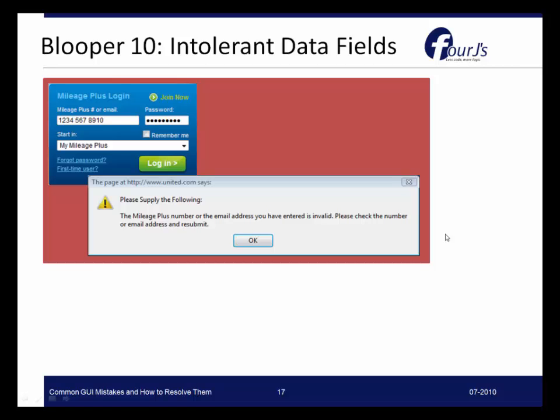Blooper number 10 is intolerant data fields. Here's an example in a Mileage Plus program where the user is entering their Mileage Plus number exactly as it appears on their card. Now, this particular field doesn't accept spaces, but on their card, there are spaces included. So they get an error that the Mileage Plus number or the email address you've entered is invalid. Well, I'm confused here because I feel that it should know whether that was a Mileage Plus number or an email address that I entered. But also, my Mileage Plus number includes spaces on my card,